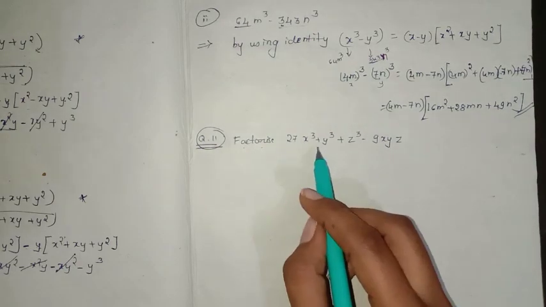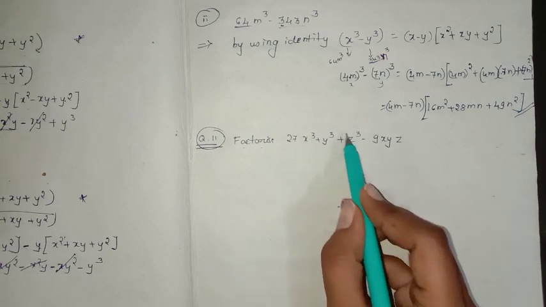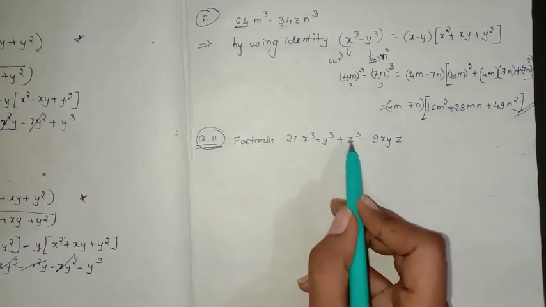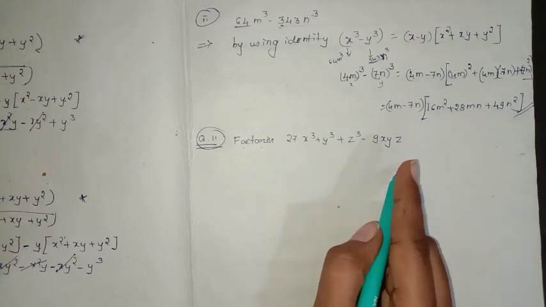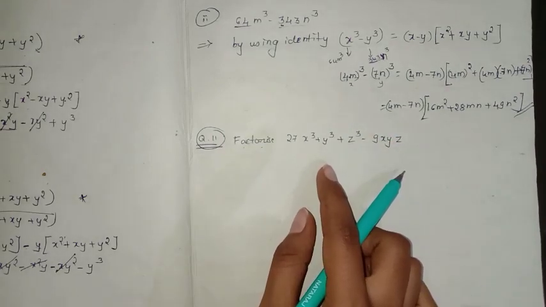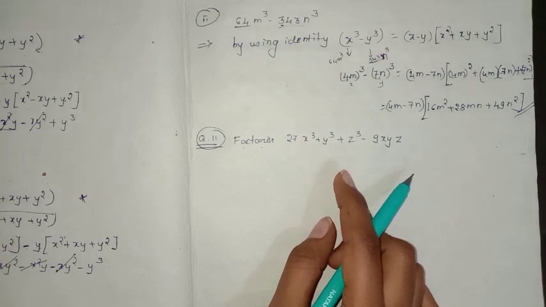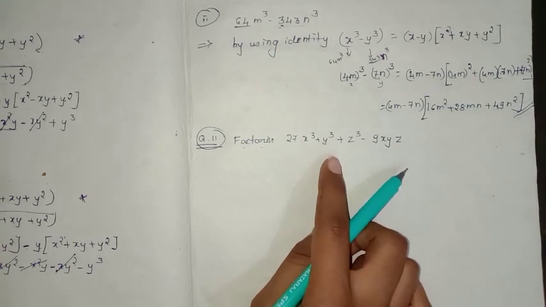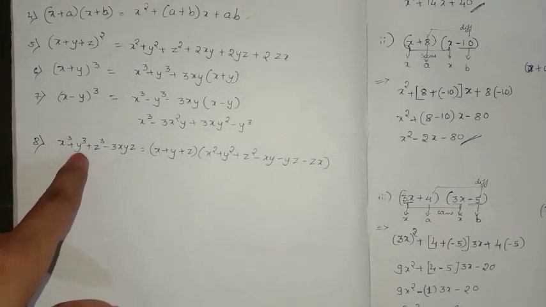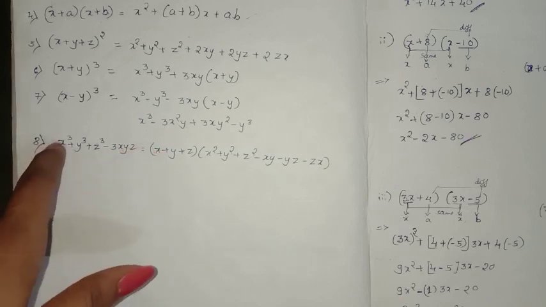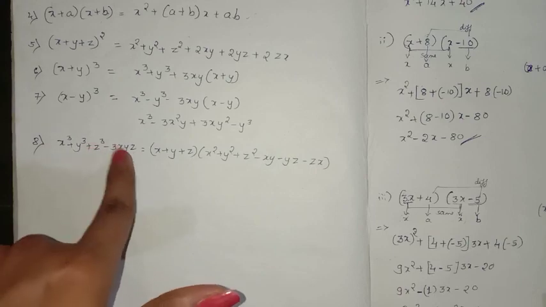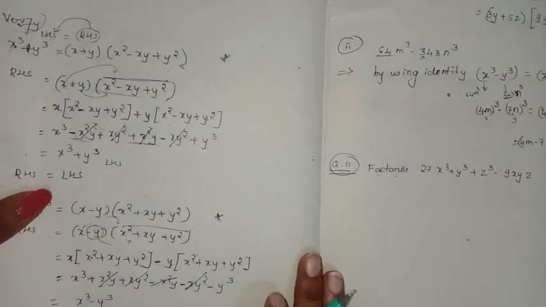27 is the cube of some number, and even x cube, y cube and z cube minus 9xyz. So here you observe x cube, y cube, z cube and minus xyz they have given. So we have one identity here. On the basis of that, you can observe in your identity list which I have given in the first class. Yes. So you can observe the last identity in that. Even I will show you that one. So here you can observe it is x cube, y cube and z cube minus 3xyz. So x term is there, y term is there, cube of all these three and xyz. So same formula we are applying here.